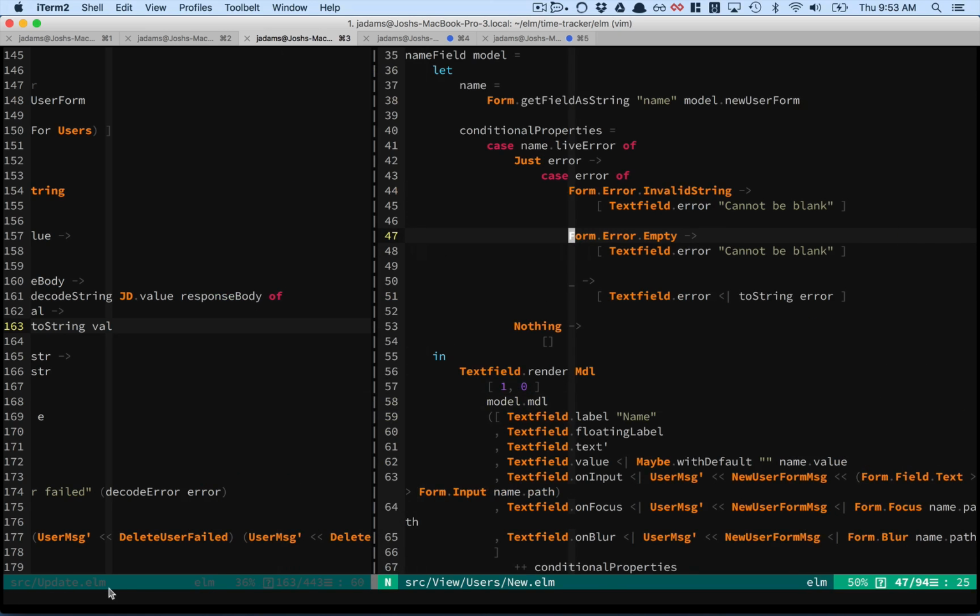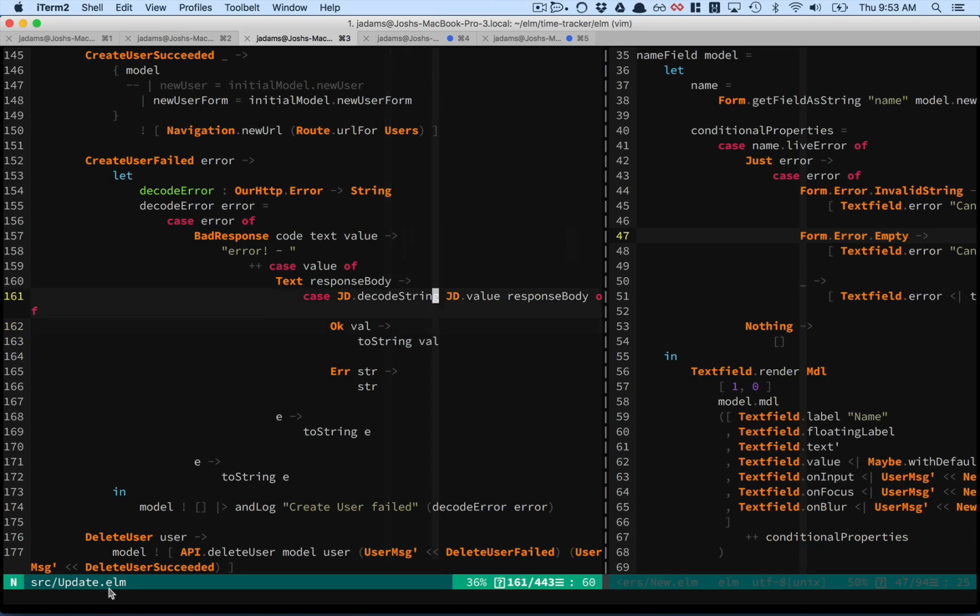We have them. So if we go to, in this case, create user failed, ignore the fact that this is awful and bad and wrong. Right now, I can say, look, bad response. And if it's text, it can be either a text or a blob, and it actually can't be a blob yet, but you have to handle it. But if it's text, then we decode it, and right now I'm decoding it just with jd.value. What I'd like to do is,